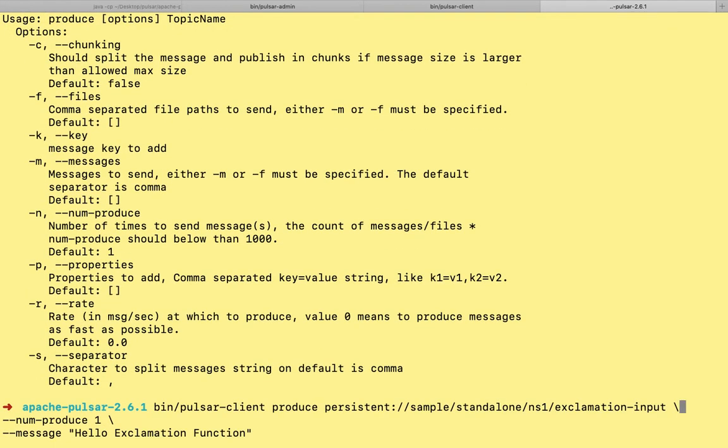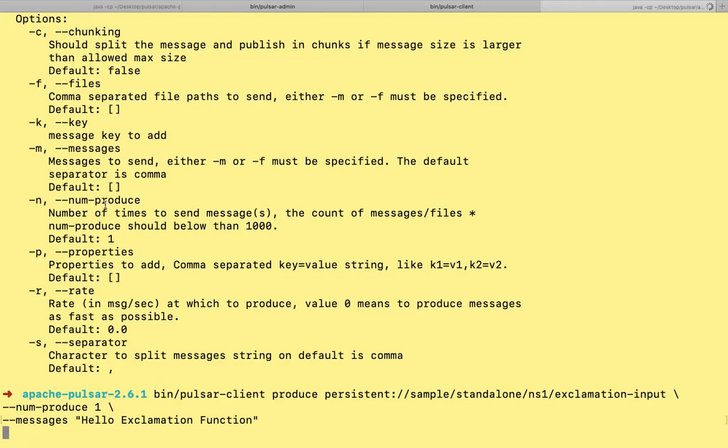So what we have is bin pulsar client produce, persistent, sample, standalone, ns1, exclamation input. Num produce is 1, and this is not message but messages. Now it will produce a message.